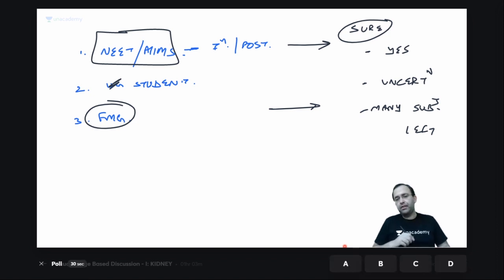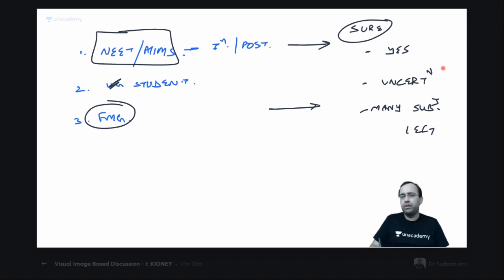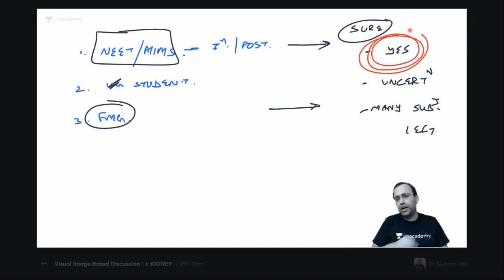Answer. Very curious just about the thought process. Yes, uncertain. I asked you this question deliberately in the sense that you have to be confident of your preparation. The more number of times you think there is no other option, for both the PG aspirants as well as the FMG aspirants, we have to clear the paper, the more number of times you reinforce this and you think positive, the more positive your result will be. This actually is a fact.